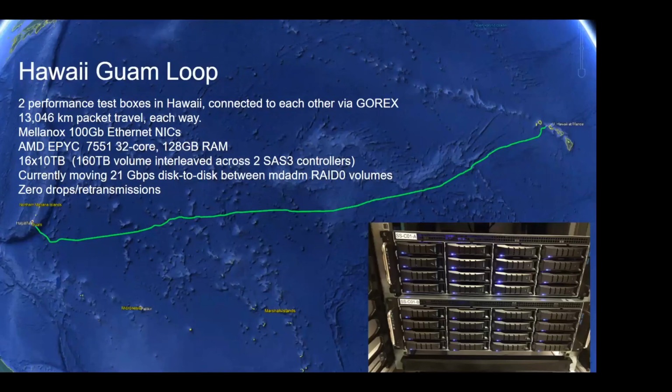This is a path between Hawaii and Guam. That's where the cable between Hawaii and Guam actually lays on the seabed. And so we made these two computers, which are both in